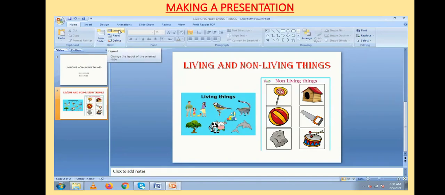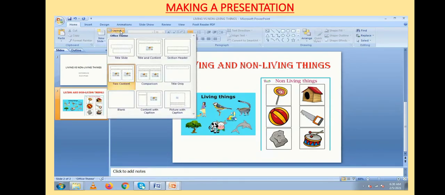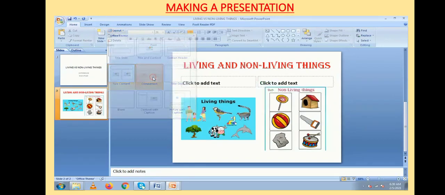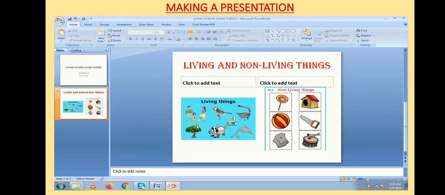Now if you feel like you have to add certain points also, then you can change the layout by using layout button from the slides group. Now here you can see the layout of the same slide is now changed, and it has given me the space to add certain points about living and non-living things.